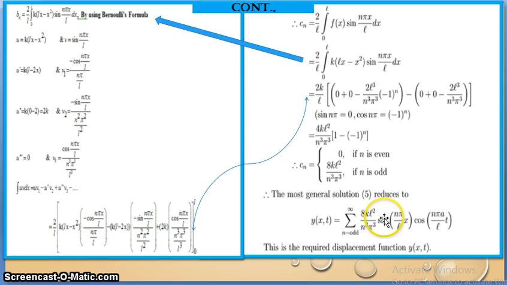So this is the required result for the one-dimensional wave equation. Be careful here, this is a very important problem. The first 5 steps must be common for all the problems. The remaining thing you already know from the Fourier series, how to apply Bernoulli's formula and how to find the Bn formulas also. Okay, we will continue in the next class. Thank you.